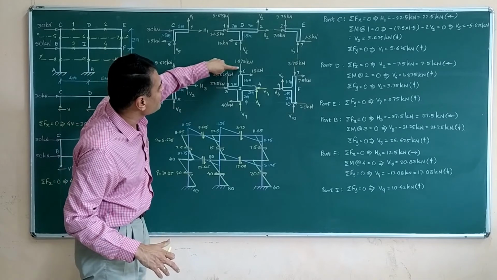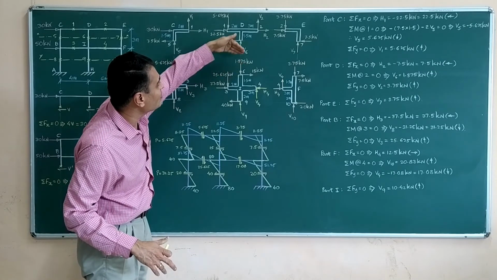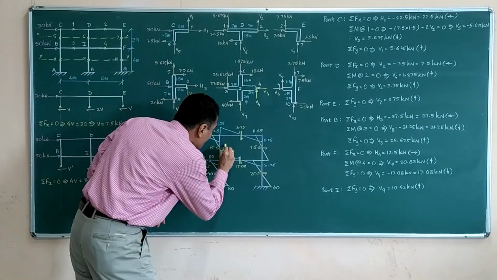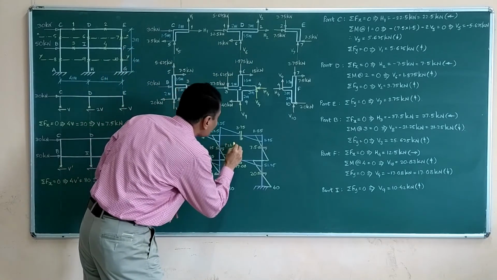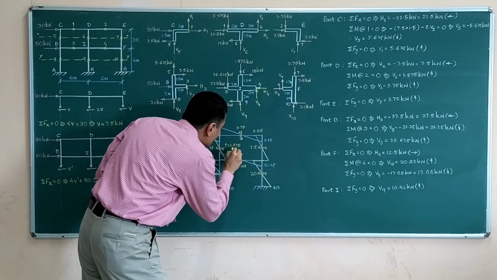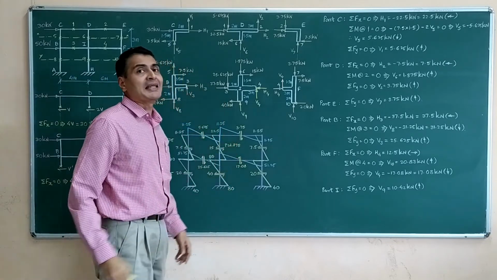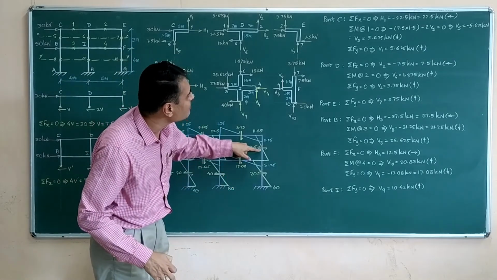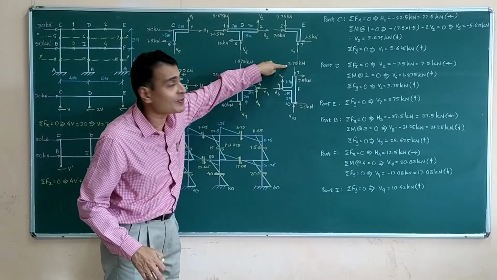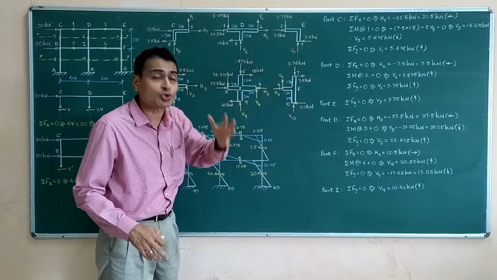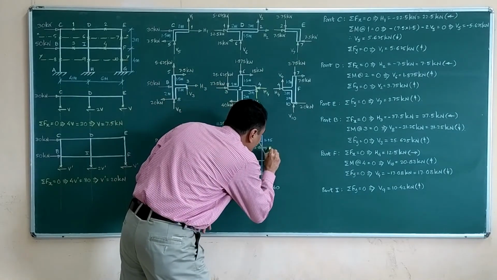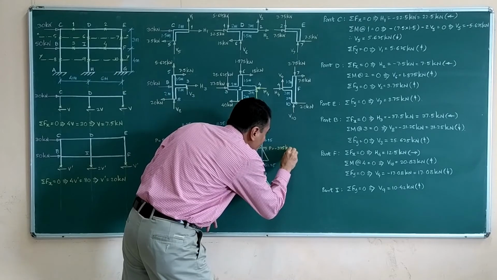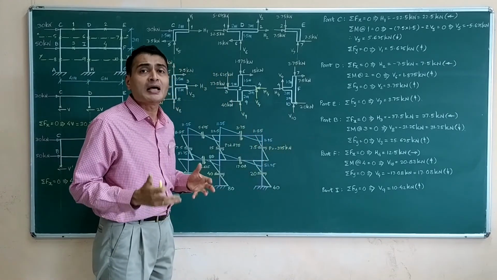Similarly, if you observe this force, it is 1.875, but pushing force means it is compression. So here I will be writing P is equal to 1.875 negative. Negative means compression. Similarly, if you look at this beam, this is the force 3.75 kilonewton. Again a pushing force means compression. So I am writing here P is equal to negative 3.75 kilonewtons. So it's a compressive force.